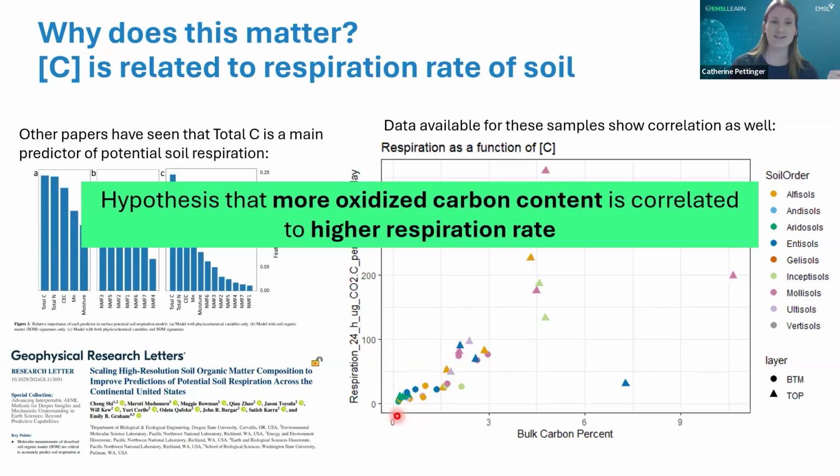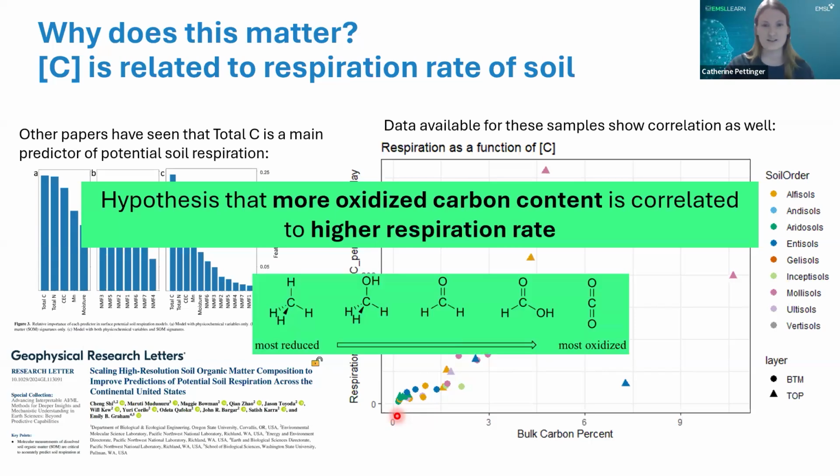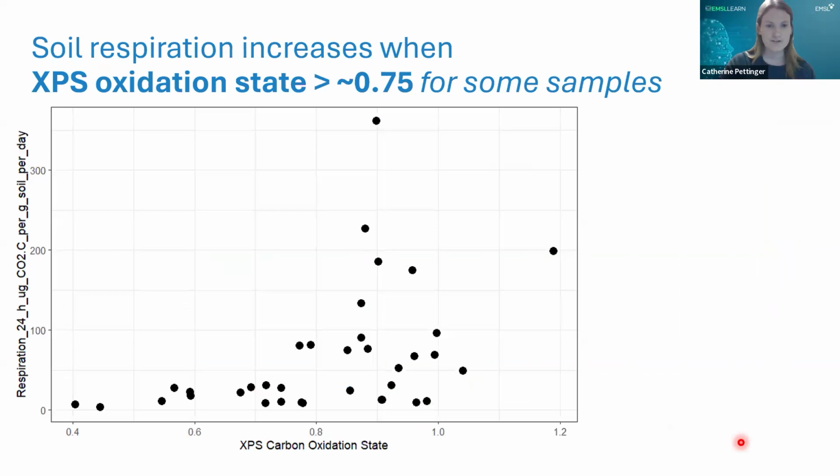Do we then see a correlation between oxidized carbon and high respiration? Again, there are a lot of confounding factors here, but just to see in a quick linear correlation. This would also make sense in that more functional groups that are electronegative would create dipole moments that would make it a little easier for another molecule to come in and break off these carbon dioxide groups. Okay. So to plot respiration as a function of the XPS determined oxidation state, we see that it